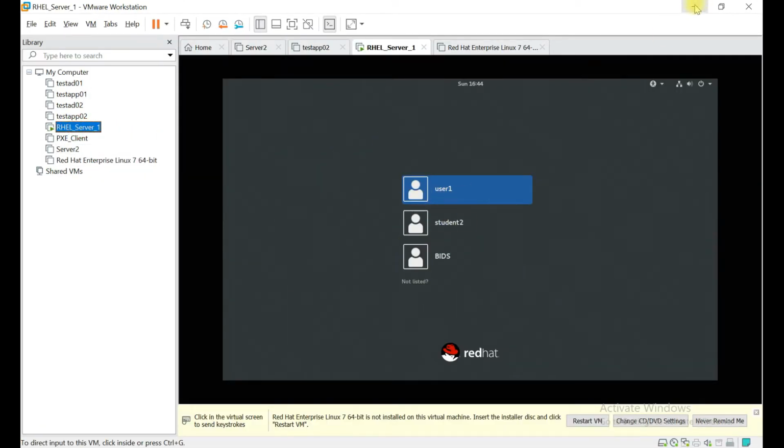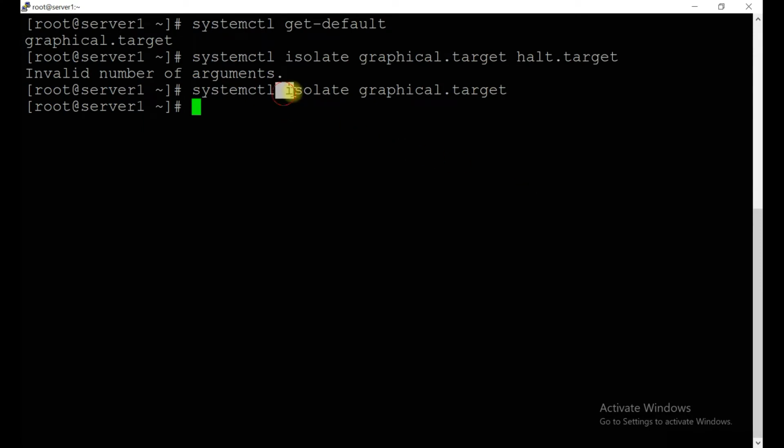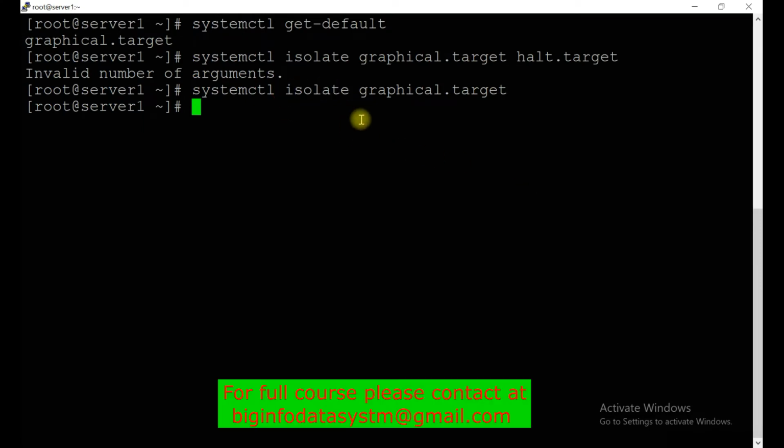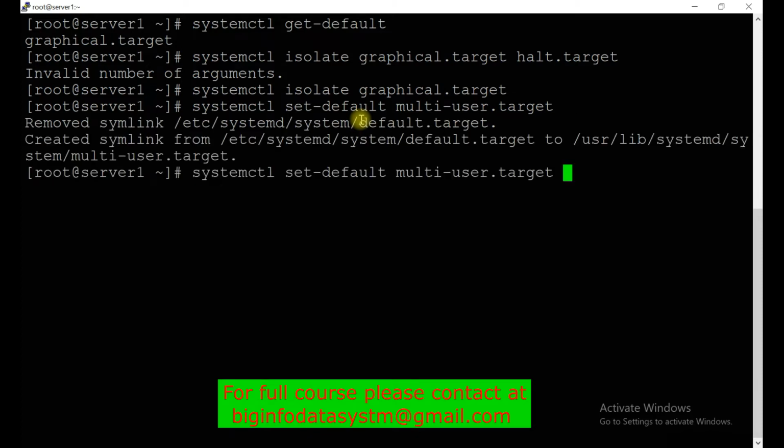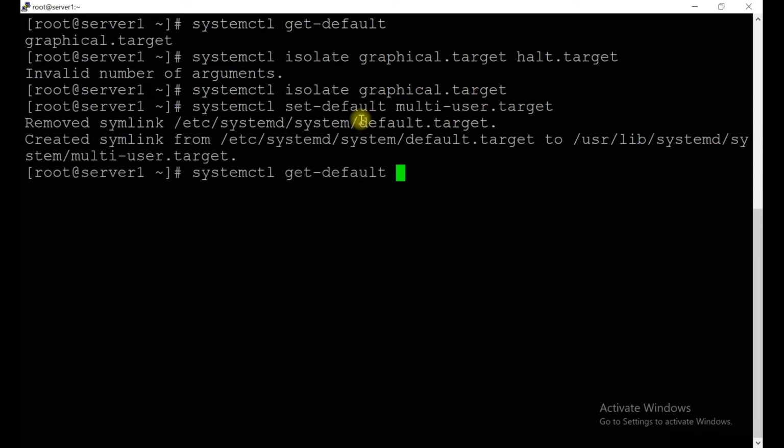Now the target is graphical, so this way you can do it without rebooting the system. But let's say if you wanted to set it to multi-user, okay, it will set it permanently, and you can check the value, it's multi-user.